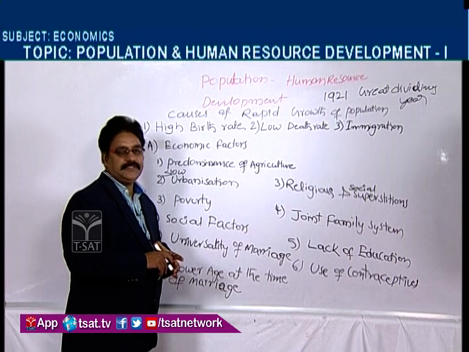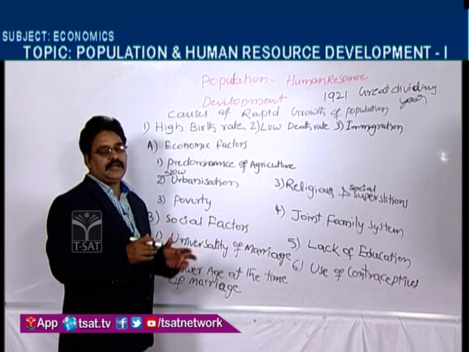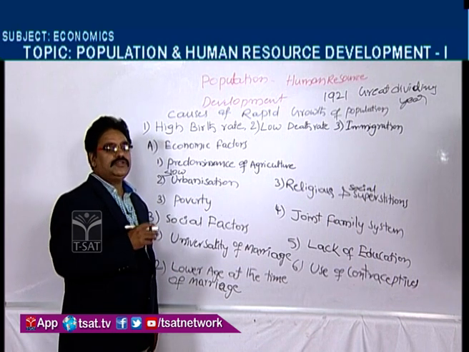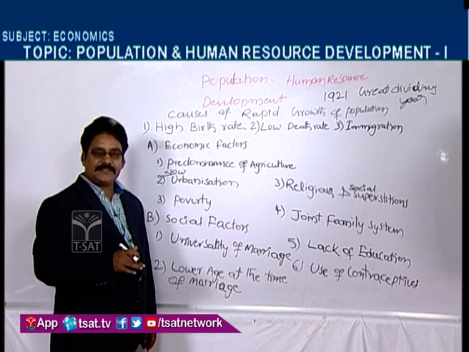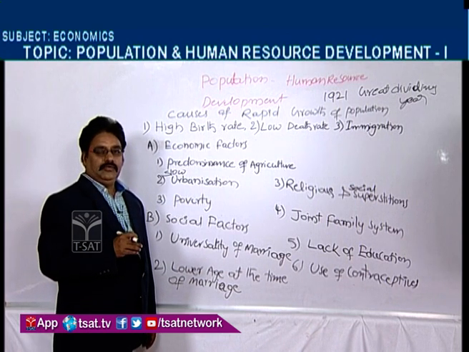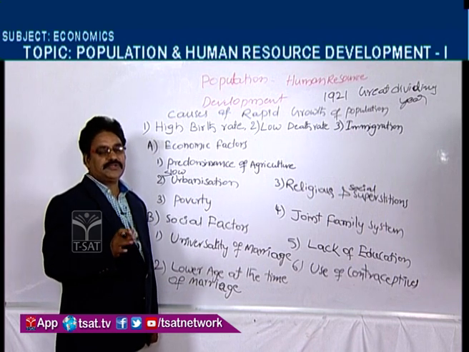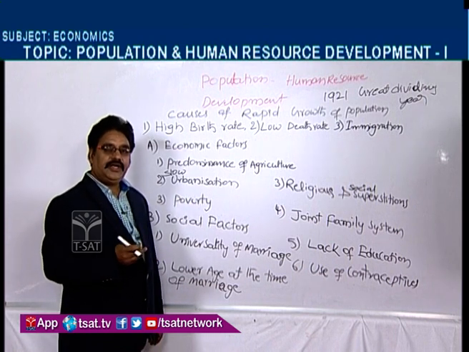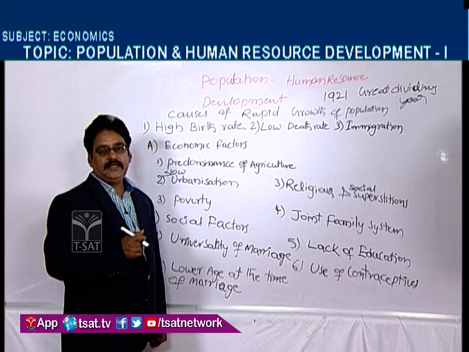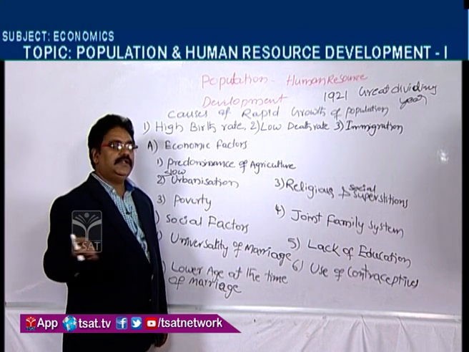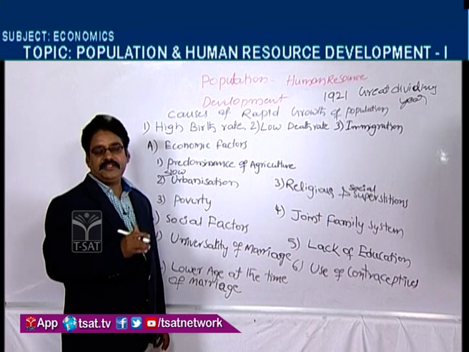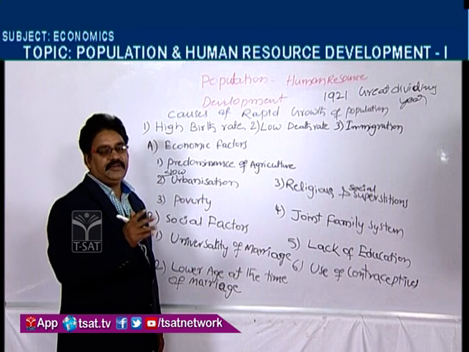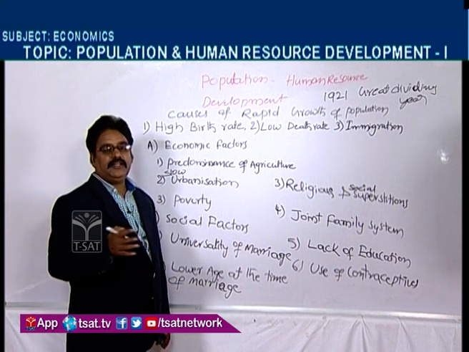Predominance of agriculture means, from the point of view of the Indian economy, we depended on agriculture. Most of the people engaged in the agriculture sector, and we are naturally an agrarian society, with the population depending on agriculture. Agriculture required a large number of people to work, and whoever of the population can easily be engaged in agriculture, need not any qualification, need not any training, and everybody can do agriculture, so the population has depended